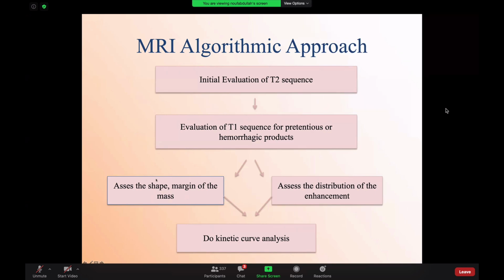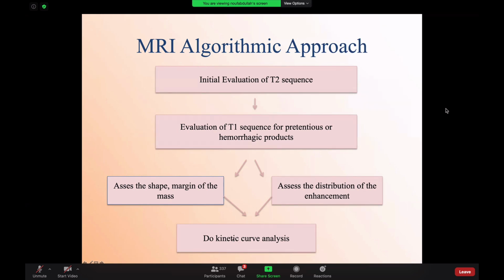Your morphology assessment, shape and margin, is very important. It is even more important than the kinetic assessment. If I see the lesion is spiculated, irregular in shape, irregular margin, it is directly BI-RADS 4 regardless of the kinetic assessment. If the lesion is well-defined, benign looking,